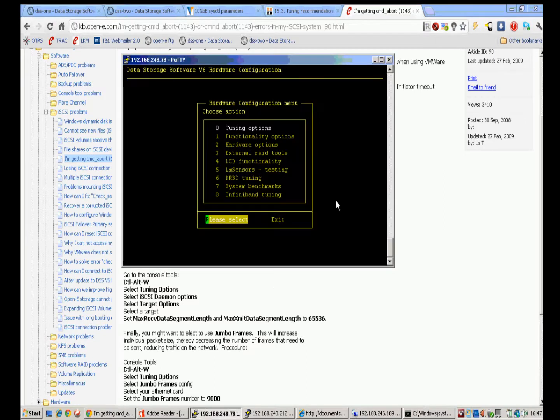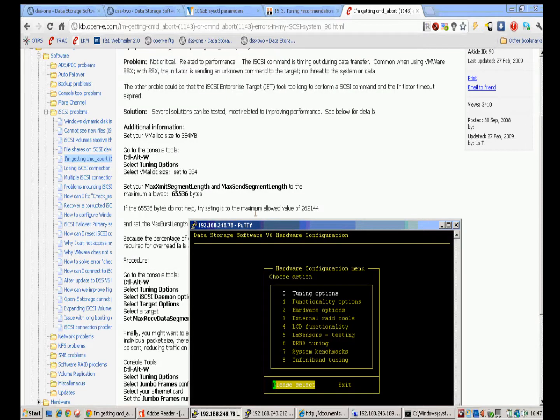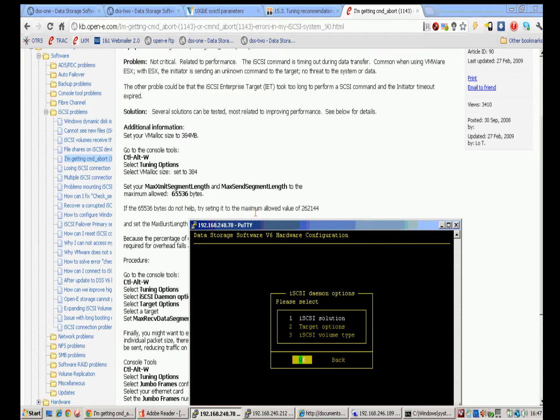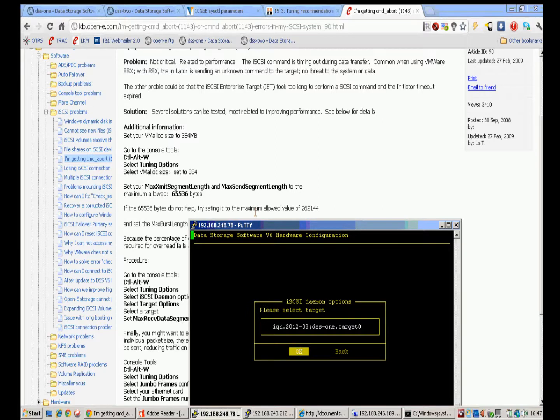So if you go to our knowledge base, it's kb.open-e.com. And there are many interesting articles here. What we need to find is iSCSI tuning. And the first article we will find